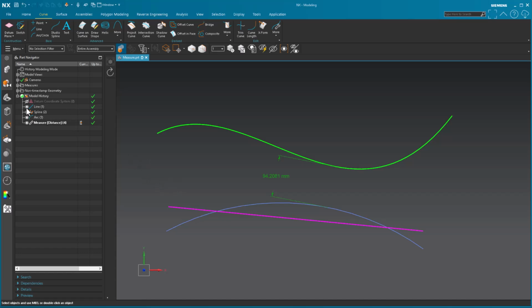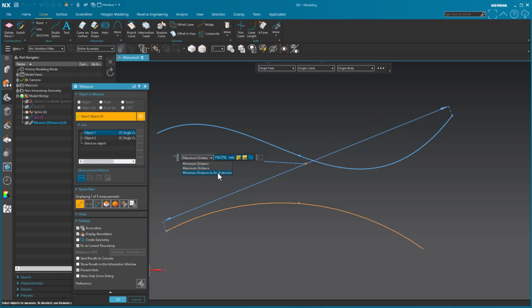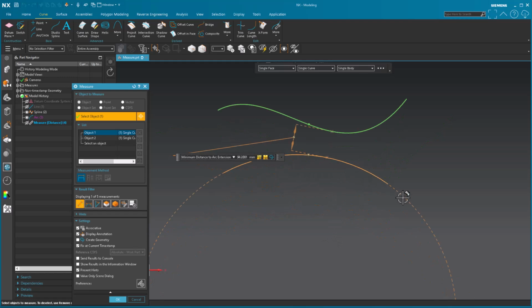So let me go ahead and hide the line. And now I'm simply displaying those two elements. Now, if I double click on that, I have various options. Notice I have minimum distance. I have maximum distance. So these are the 2 points furthest away on those elements. I also have minimum distance to arc extension. So what it's saying is it's extrapolating that arc,